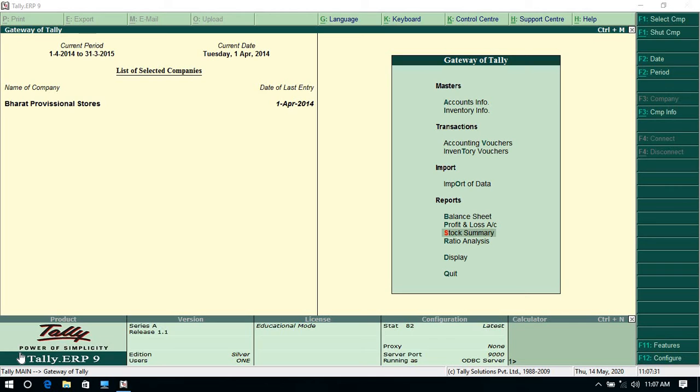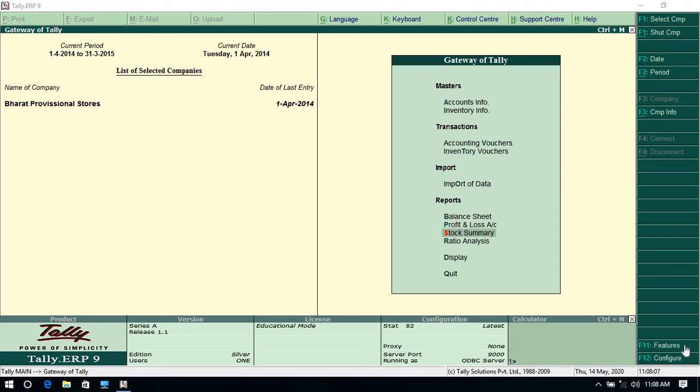Today we'll see how to activate cost centers and cost categories, how to create cost centers and cost categories in Tally, and how to use them in voucher entry. The steps to activate cost centers are also given. You should remember the steps. These are normal steps, like we know. First go to Gateway of Tally. You have to open the Gateway of Tally screen. Then select the F11 features button. You have to click on the F11 button.